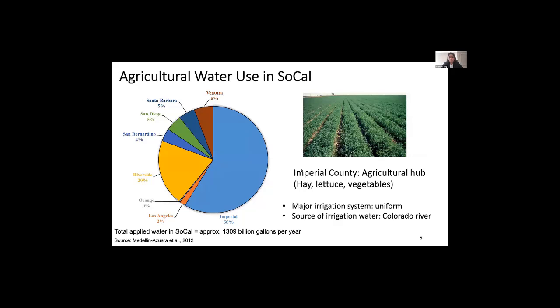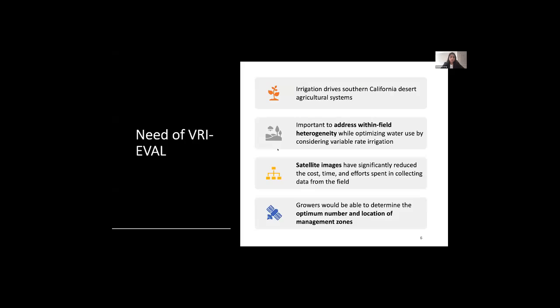As you must be aware, Imperial County is an agricultural hub which consists of a variety of crops, and it uses most of the water, that is 58% of the total water allocated to Southern California. That's why there is a need for variable rate irrigation. Southern California desert agricultural systems are mainly driven by irrigation. Also, it is important to address the within field variability or heterogeneity within the field while optimizing water use by